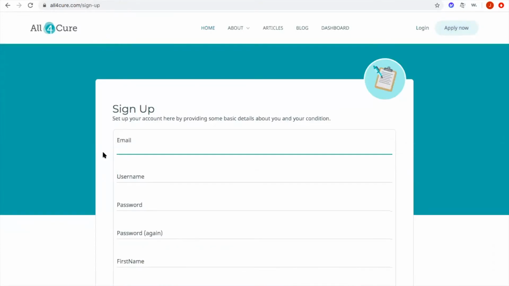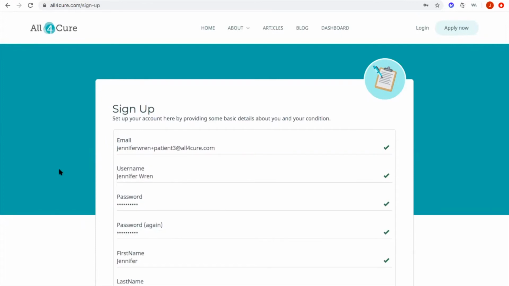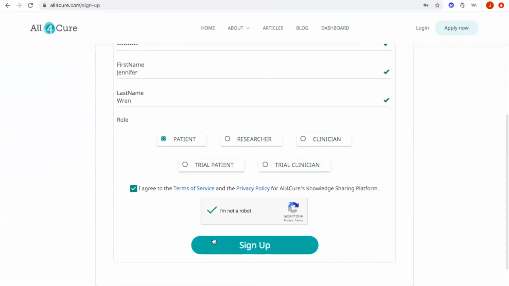This will take you to the first sign-up page where you can fill out your name, email, and password. This information will not be displayed on the website and will only be seen by those at the company. Once you fill this out, hit the blue button that says Sign Up,